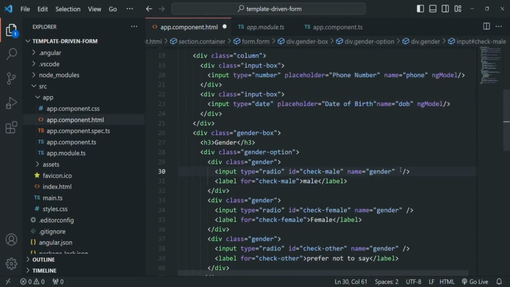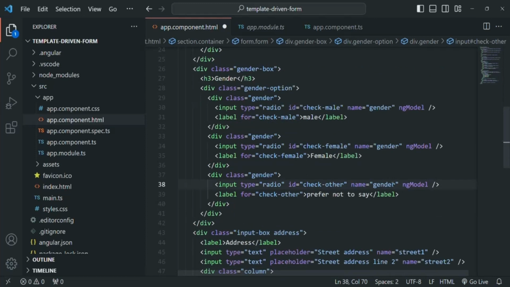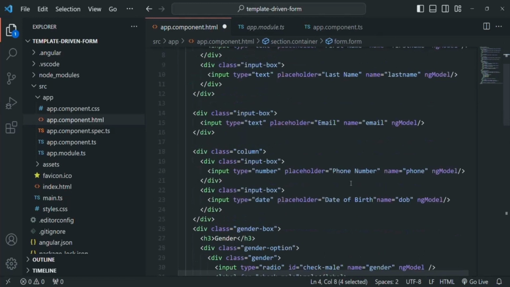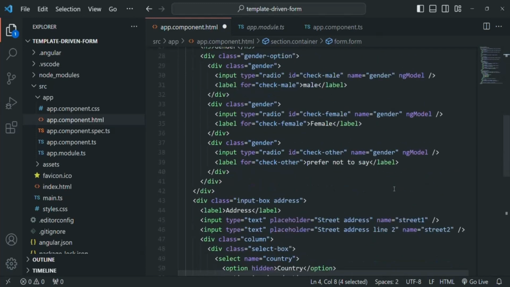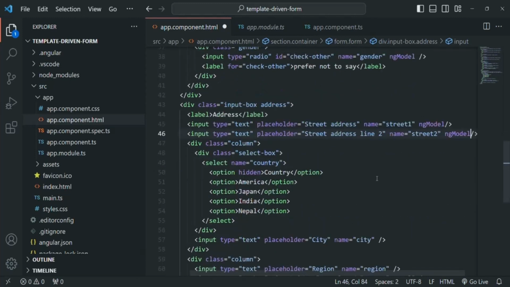So on each of these form controls, we are also going to use this ngModel directive. As I mentioned, this ngModel directive simply tells Angular that on whichever form control we have used this ngModel, it is a control of this form which we are defining here. All right, let's use it on this input element as well, on this input element as well, on this drop down list,